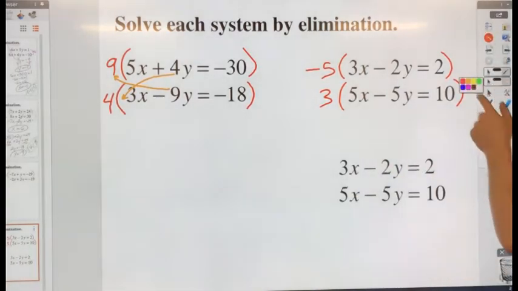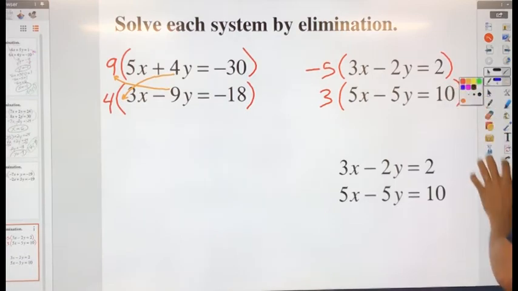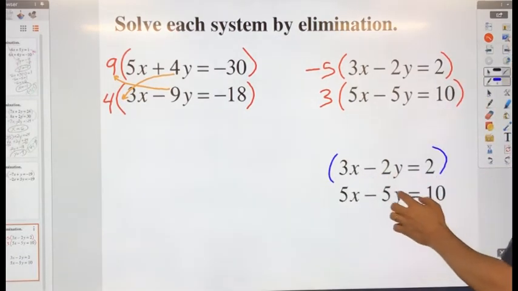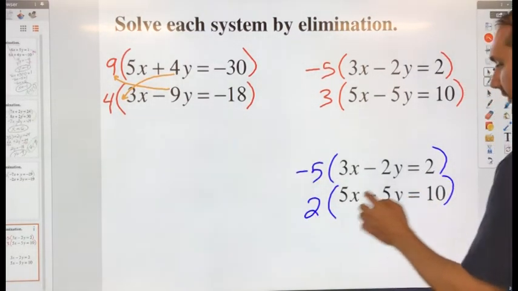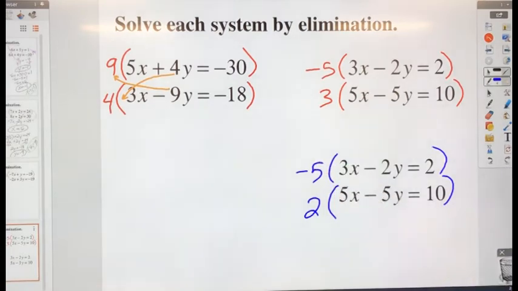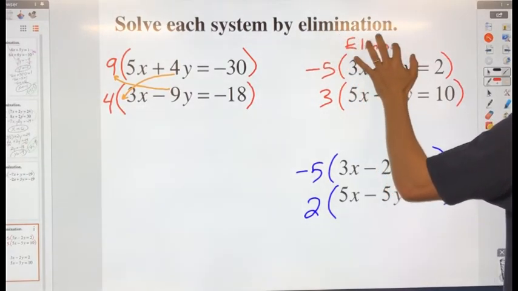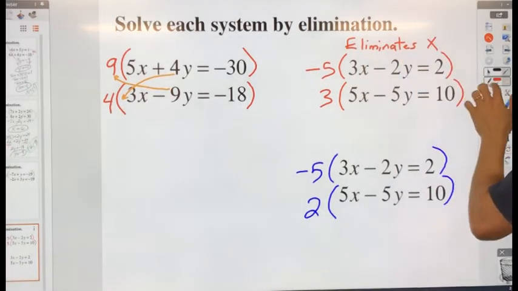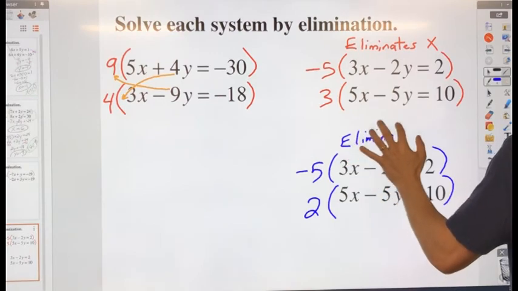Now let's get rid of the y variable. What if I want to get rid of that y first? What do I multiply the top and the bottom by? Negative 5 and a positive 2. So notice they're the same sign, so one of these has to be a negative. Or this could be a positive 5 and a negative 2. So this will cancel my x, or should I say eliminate x, and this one is set up to eliminate the y. Doesn't matter which one you do,